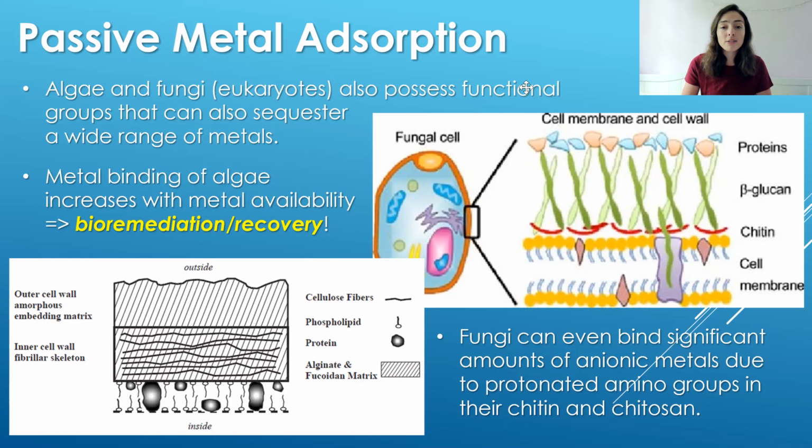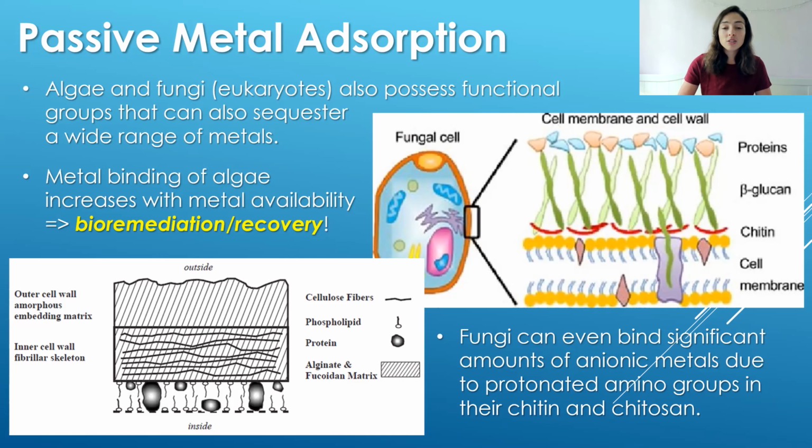In fact, the amount of metal binding in algae increases with metal availability, aka if there's more metals, they will continue to bind more of them. And this can become really important for bioremediation and biorecovery purposes. So if metals are toxic in the environment, we can remediate those environments. We can take out those toxic metals by letting the biosorption capacity of algae help us out with that. Or we can recover economic metals if we can employ the algae in a way where we can use its